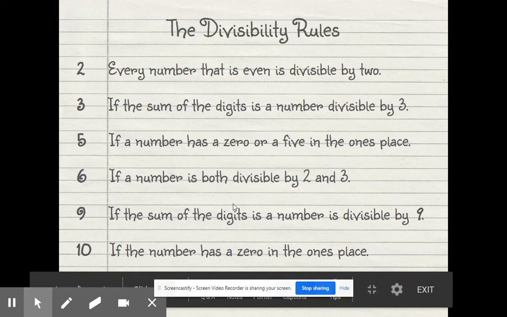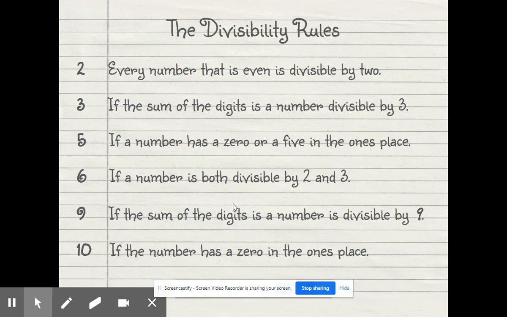This is what we're actually talking about today, though. Today's lesson is about divisibility rules, okay? You guys don't have to take any notes on these, though, because I've literally got a piece of paper that has all the divisibility rules on it already that you will have to keep in your folder, okay? So if your teacher happens to have that given out to you already, that's great. If not,